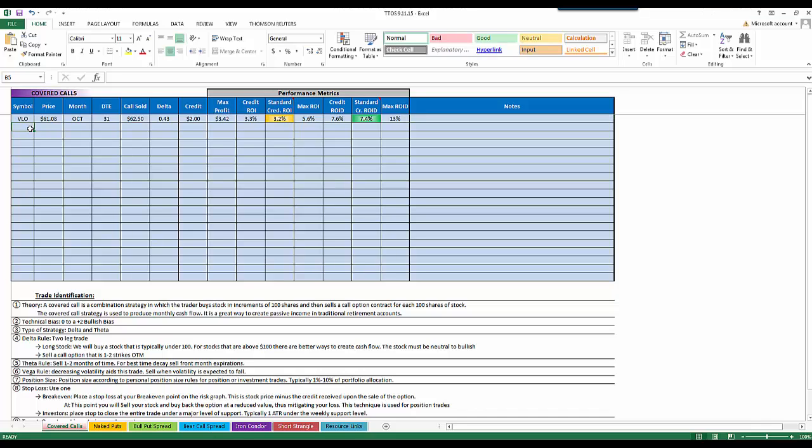If we're looking at another company here, let's go Disney, DIS. And once again, on my other screen, I'm going to say Disney. We're going to buy Disney at its current stock price of 103.14. That is color coded pink, just to remind you that typically when a stock gets above $100, you might want to look at some other type of trades, but a covered call is still perfectly fine there. We're still looking at October, still looking at 31 days. For the call option, we're going to sell the 105 strike price. That is the closest strike price to 0.40. The delta is 0.41, and the credit received is